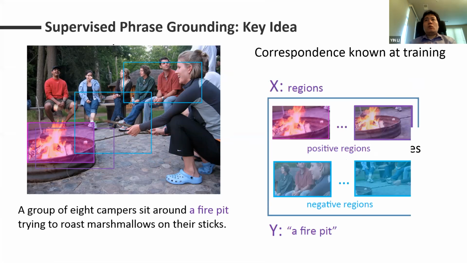So what we do at that time is that, to simplify this problem, let's assume during training, we actually know the ground truth correspondence. We know that this green box corresponded to a file pit. Okay, so let's assume we know this, and now what we're going to do is really trying to learn some sort of function that allow us,